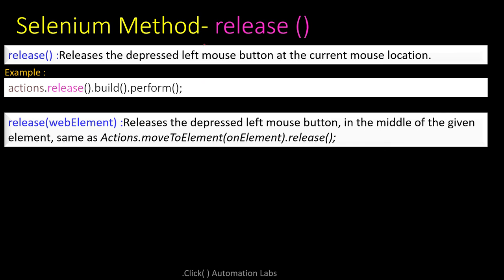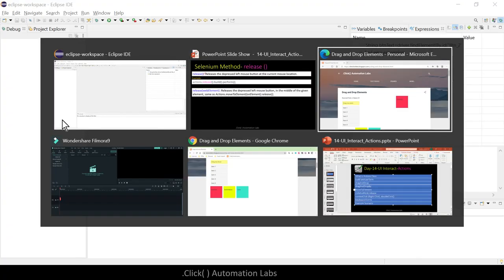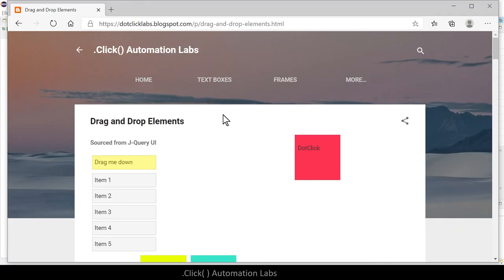And there are two methods here again. Release means anywhere at the current mouse location, but release web element is different. Suppose I use click and hold over here, at some point it is clicked. That means wherever the mouse is located right now, click and hold will work. But click and hold can also be on certain web elements.